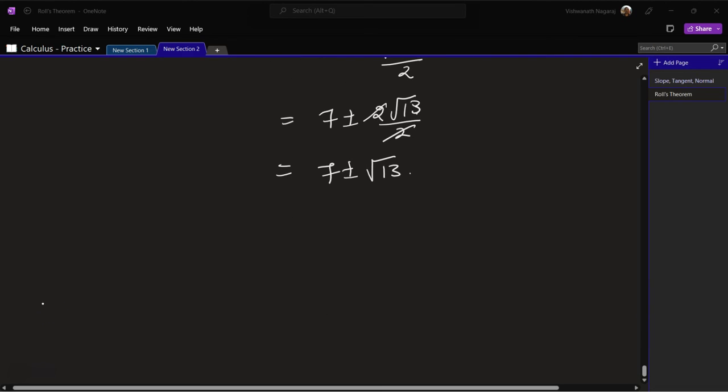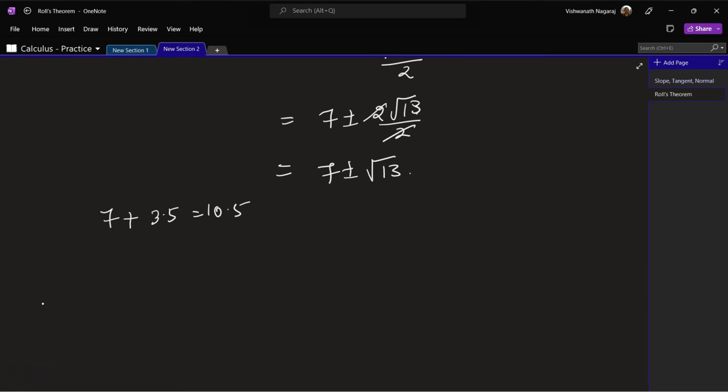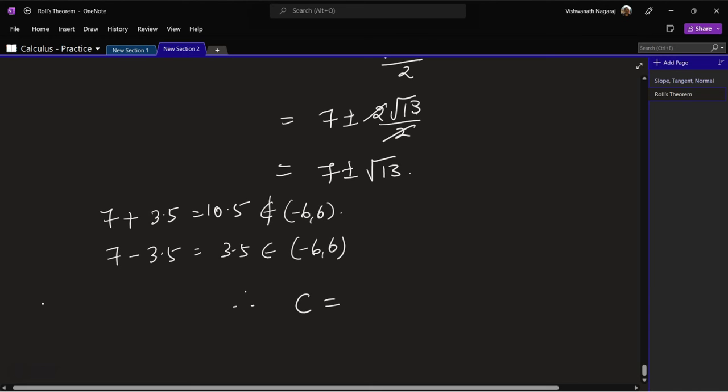Which of these two values lies in the given interval, minus 6 to 6? So 7 plus root 13 is, let's say 3.5 for the root, which gives us 10.5. This doesn't belong to minus 6, 6. Whereas 7 minus 3.5 gives you 3.5, which belongs to minus 6, 6. This does not. So therefore, C is equal to